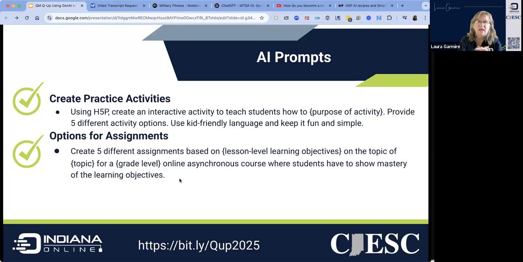And so we've done a lot of create different assignments based on, as you said, the learning objectives on a topic, the grade level, that they've got to show mastery. And here's where we may get five, and we may combine all of those elements just into two, but giving our students the option